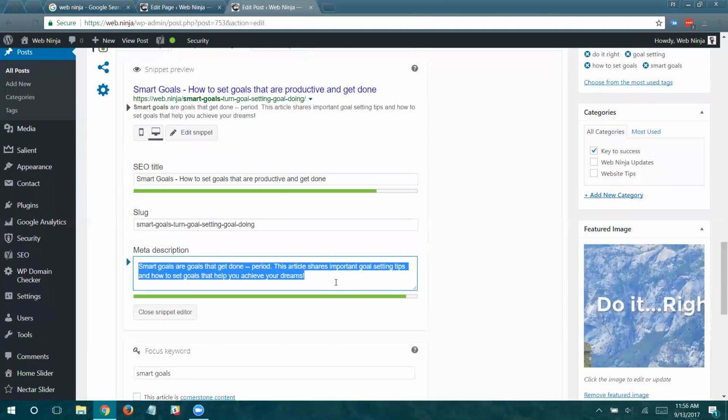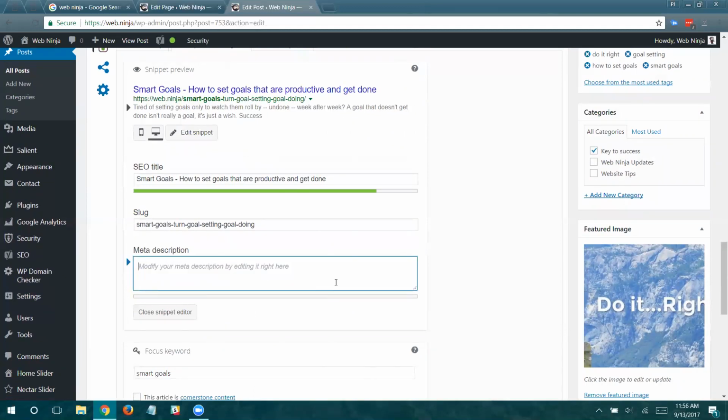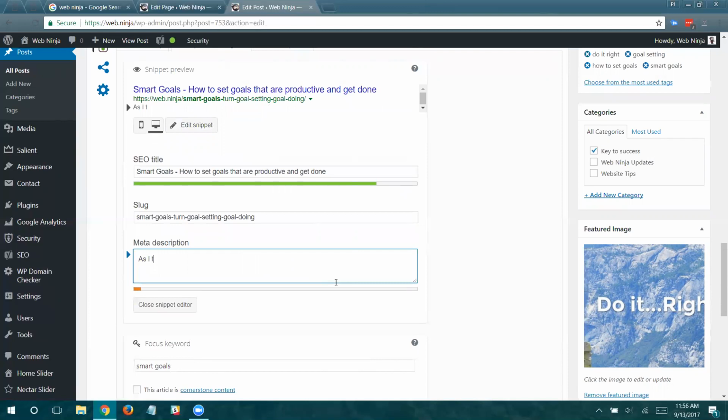If I remove that content, you can see as I type stuff into this area, there is a roll bar, it's like a progress bar, that shows me when I've typed enough.